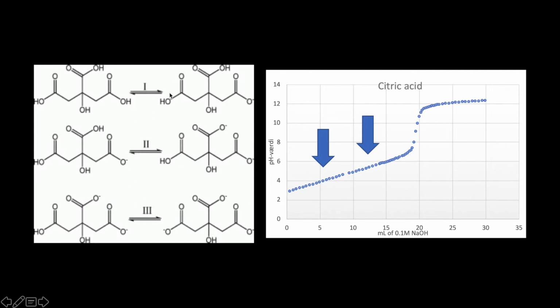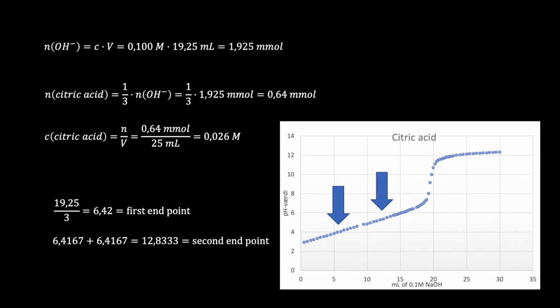So we can't see the first two endpoints, but I've marked them here. For all the NaOH that was used up until the endpoint, we have used citric acid 3 times the same amount of substance, because we have the first amount here, the second here, and the third here. That is why when we calculate the concentration later and the amount of substance,